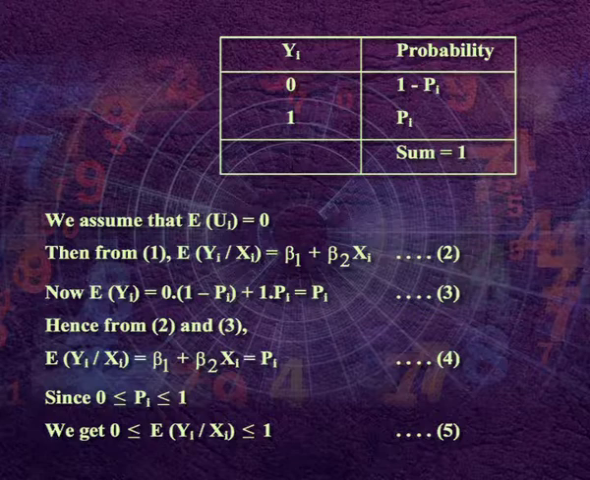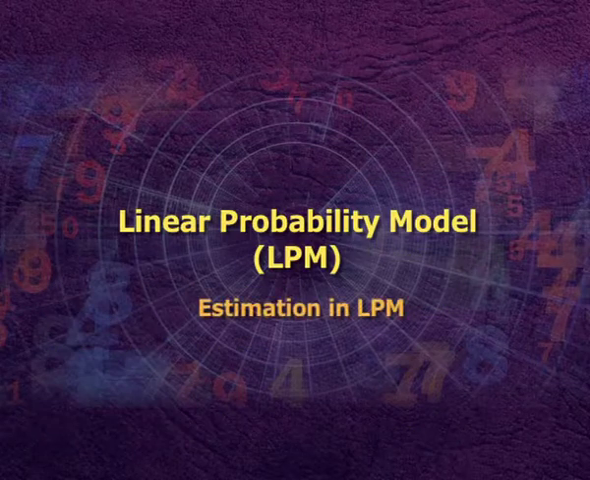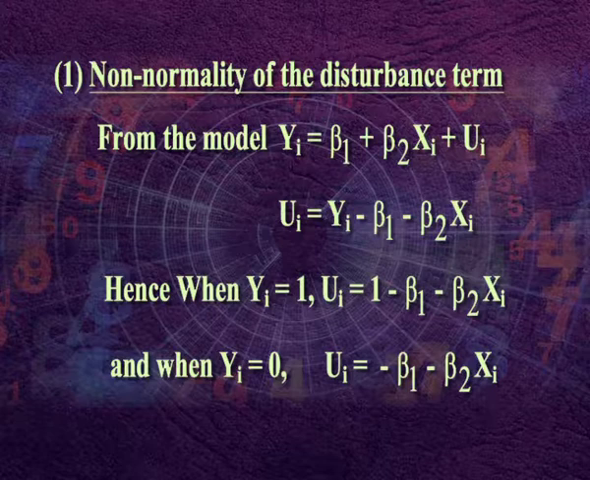Since 0 less than or equal to Pi less than or equal to 1, we get 0 less than or equal to expected Yi given Xi less than or equal to 1, we denote it as equation number 5. Estimation in LPM. While estimating LPM, there are certain problems which can be summarized briefly as: number 1, non-normality of